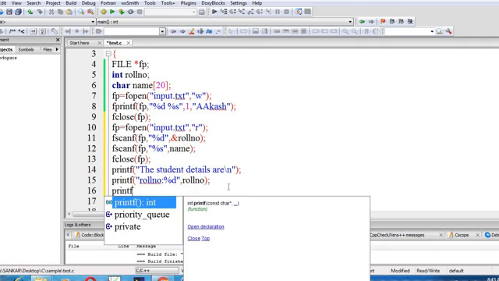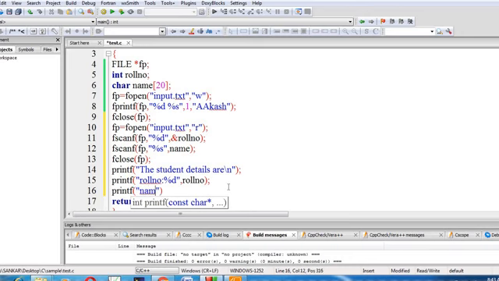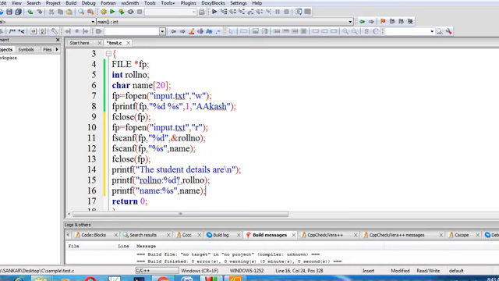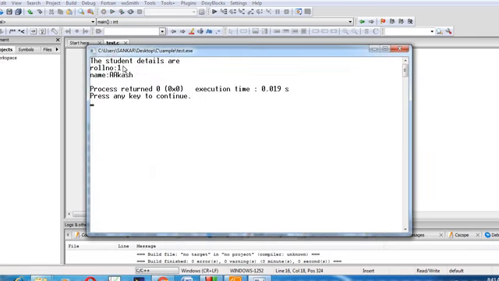Printf, name %s, comma name, and with the semicolon. Here we can use \n, here also we can use \n. The output is: the student details are roll number 1, name Akash.